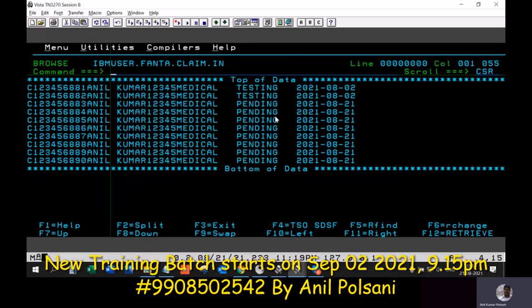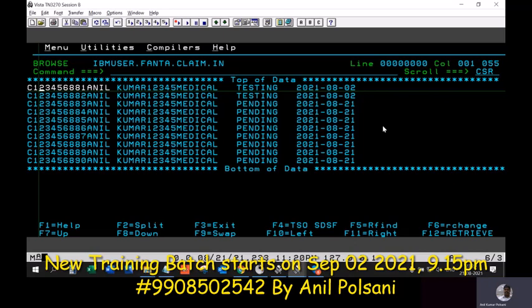You remember our JCL class, right? About the procs. There also we mentioned this thing, to edit the job and a proc also. But here I'm not able to delete these records. What is the reason? I cannot delete them. I want to delete them, but I'm not able to delete in here. What is the reason?